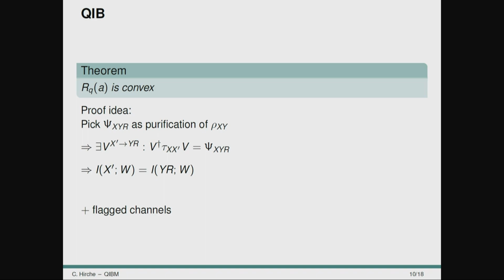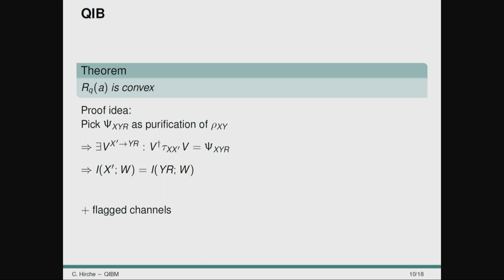And using this, we can evaluate our quantity now in a different state, which is actually the same which we used in the other mutual information quantity. So the advantage of rewriting the formula like this is that we now can evaluate all quantities on the same state, and this makes it much easier to track the quantity analytically. And the rest is really just kind of a standard procedure using the idea of flag channels to prove the convexity.